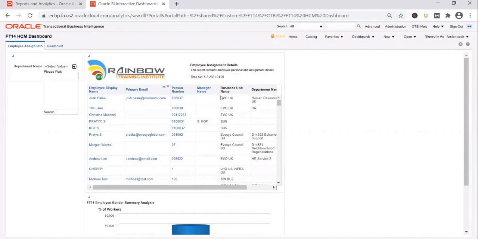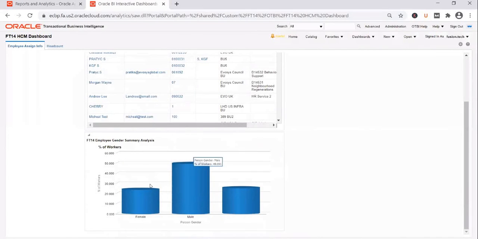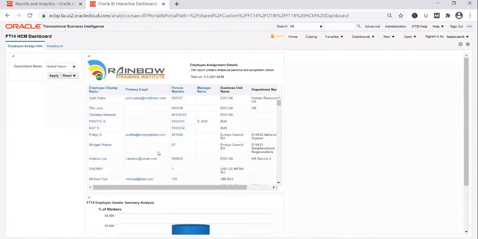So that's why if you change the prompt here, you notice that this is getting executed again, but not this one. That's because on this one, we didn't put any prompt. So that's why this is not getting executed. If you put a department name as a prompt on this as well, then the moment you change the department name, these reports' output will change.